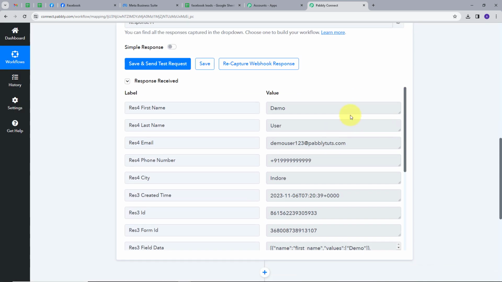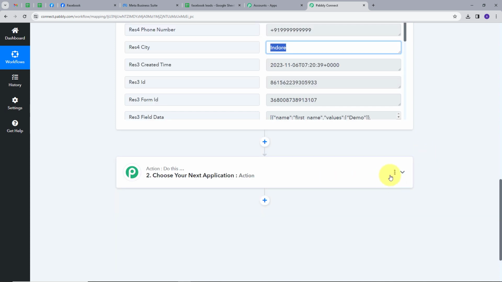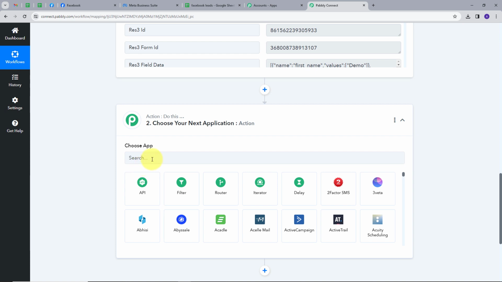And here we can see we have this response. So the first name is demo, last name is user, and the email is demouser123@pabblytunes.com, and this is the random phone number and the city is Indore. Now what we need to do is we want to add these lead details in my Google Sheet. For that I will set up my action and I will open this and I will search for my action